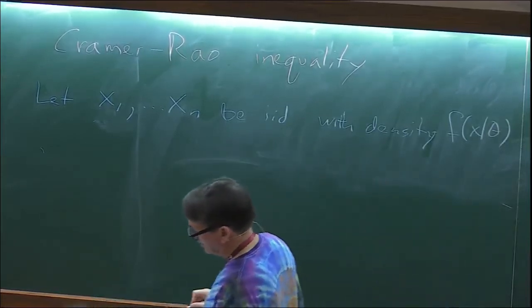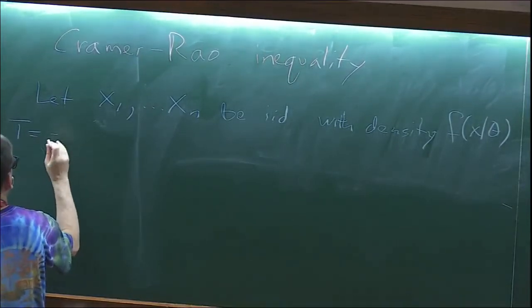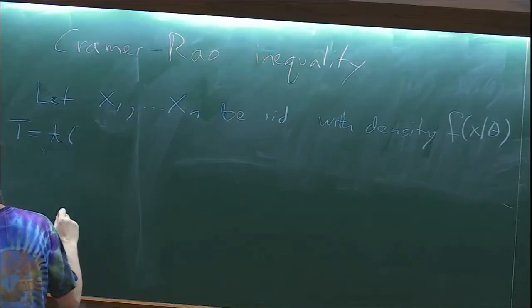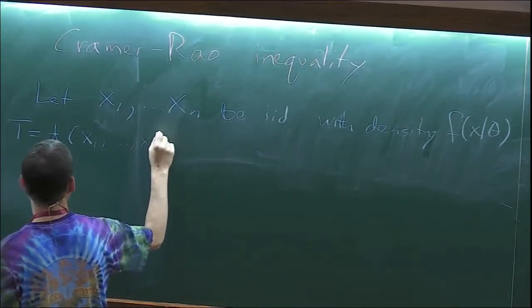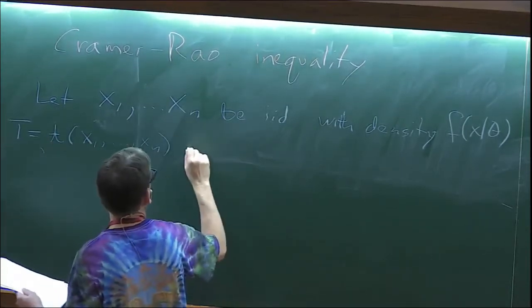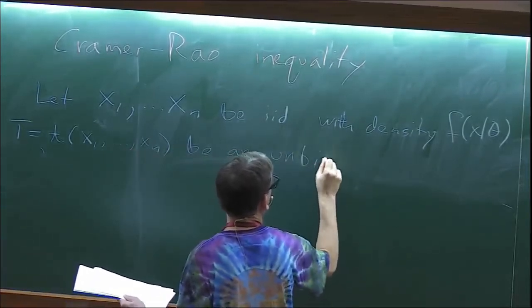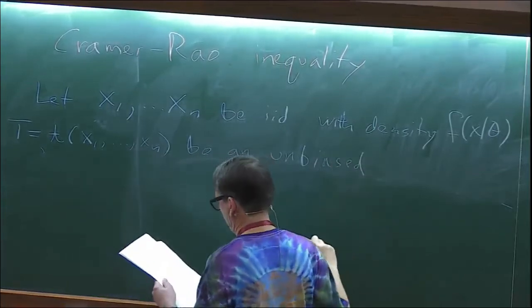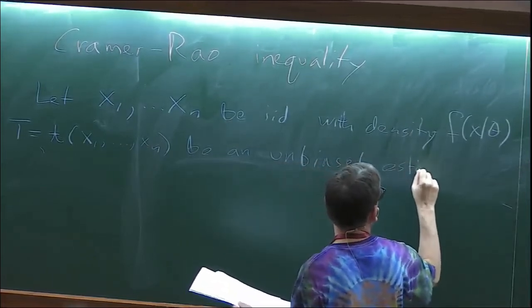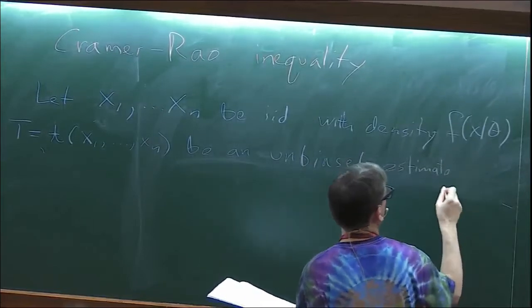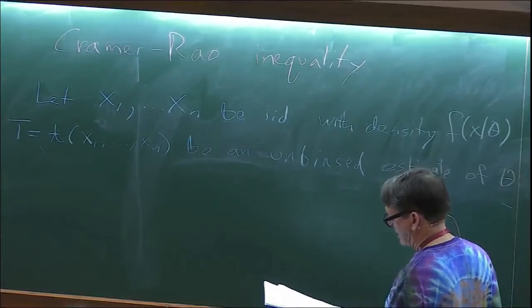Let T equals T of X1 through Xn be an unbiased estimate of theta. Then,